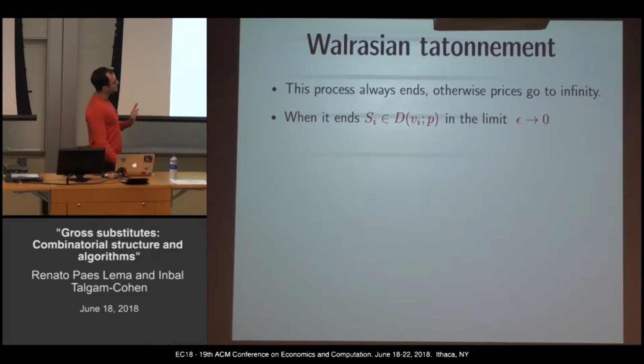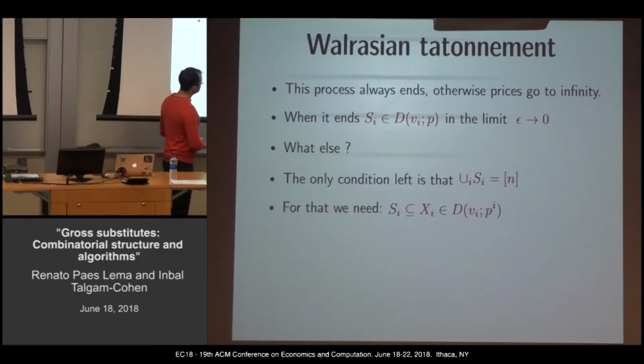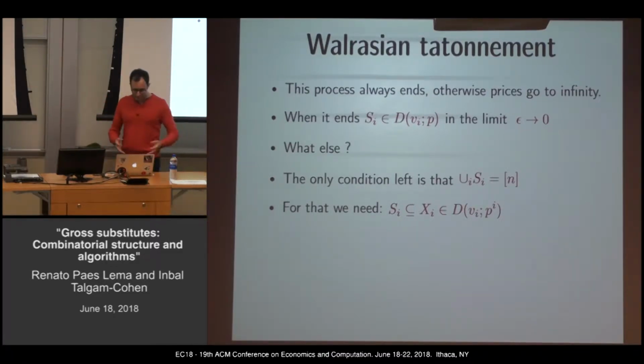So it seems like we are in a Walrasian equilibrium, but we are missing one thing. We are almost there. So what else do we miss? There's a natural condition we miss: we need to sell everything, right? Otherwise, there is a very simple equilibrium where you just set the price really high and no one buys anything, but it's not an equilibrium because the market doesn't clear, you don't sell. Everything is sold to exactly one buyer. So the condition that's missing is that every item is allocated.